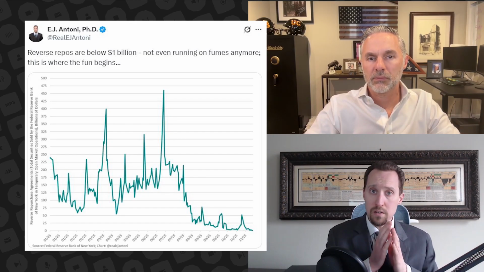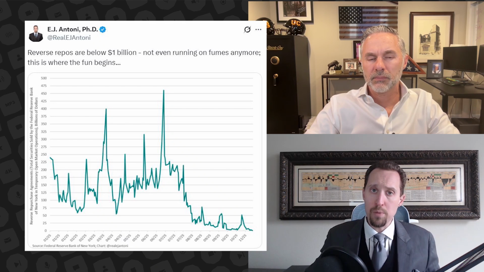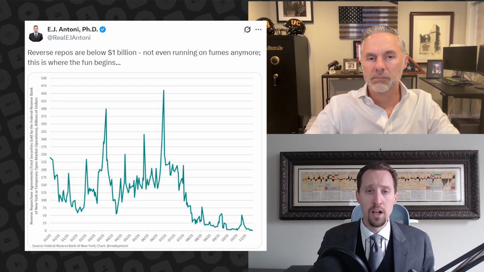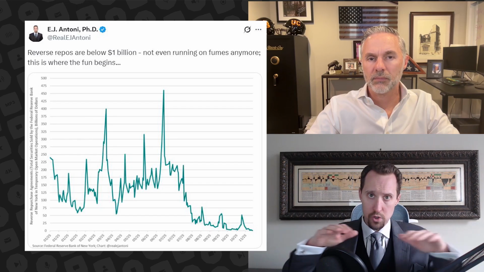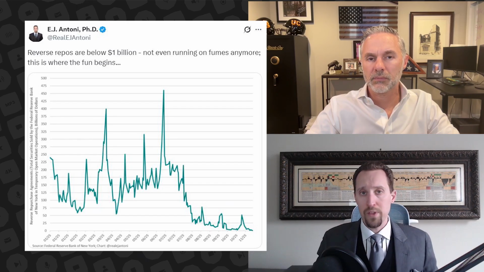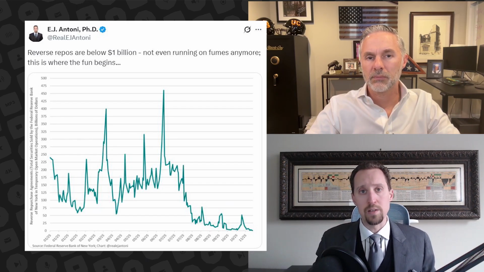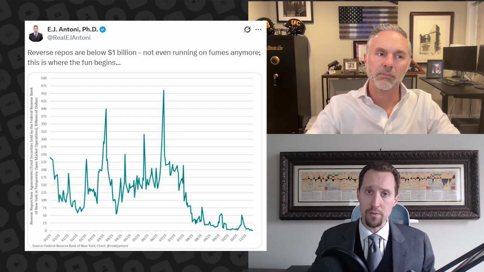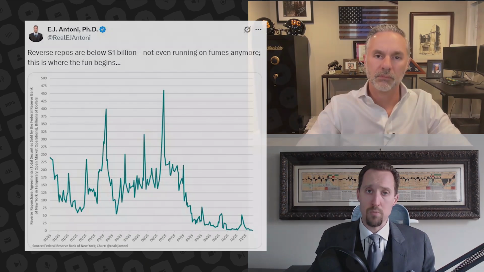So between now and then, they're going to use the repo facility as a temporary way to inject liquidity, to keep the amount of reserves at the required level. But the market's just going to force their hand. And then we're going to be right back, unfortunately, on the inflation roller coaster as they start printing more money. So we go from quantitative tightening, reverse repos, to repos, quantitative easing.